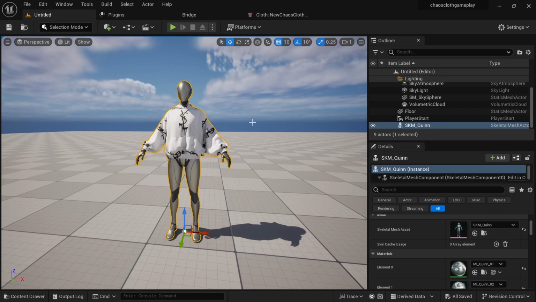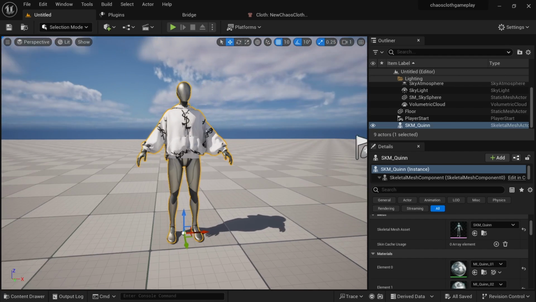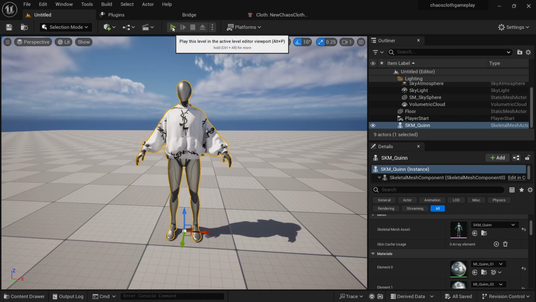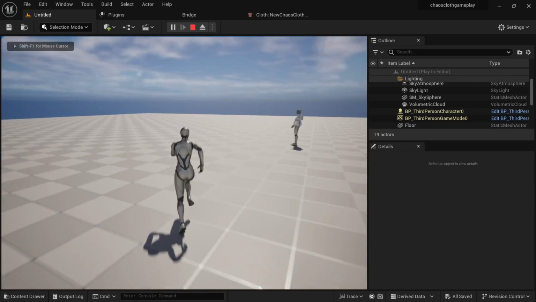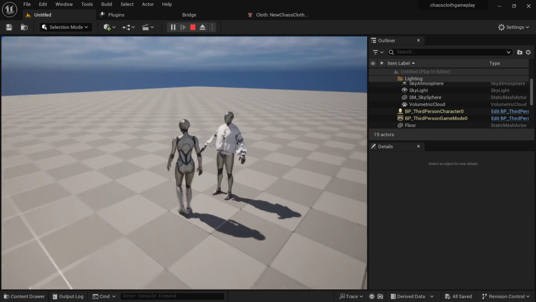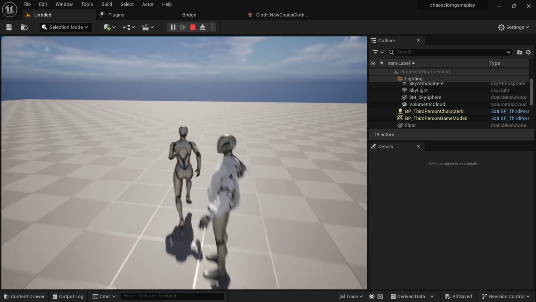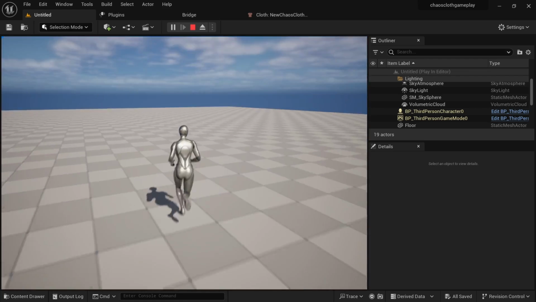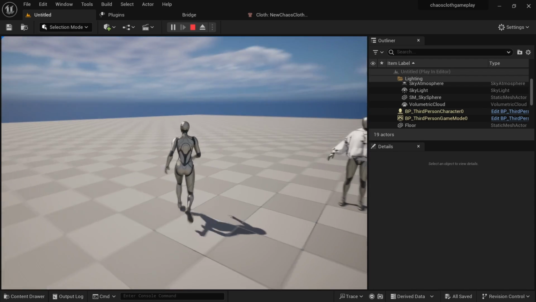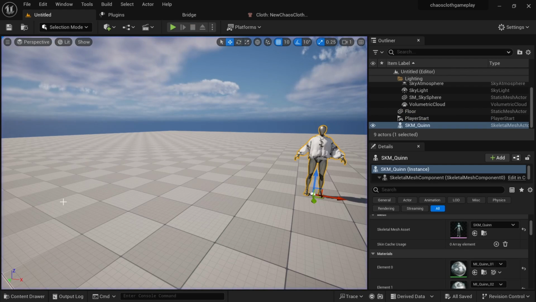So actually what I want to do is to play this guy around, and I can just hit play, and you can see here is our guy. Our other twin. But we actually want this guy who is running around to have the cloth. Okay, so what we are gonna do is